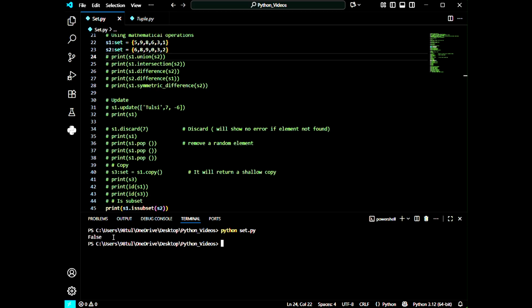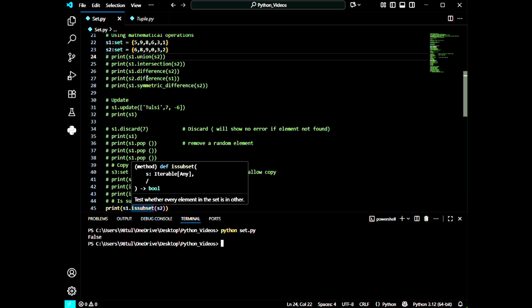It will give me false. Why? It is giving false because S1 is not a subset of S2. You can see here 5 is present in set S1, but 5 is not present in set S2. Also, 1 is present in S1, but 1 is not present in S2. That's why it is giving us false.